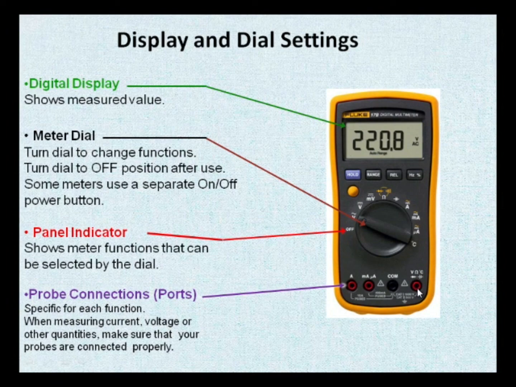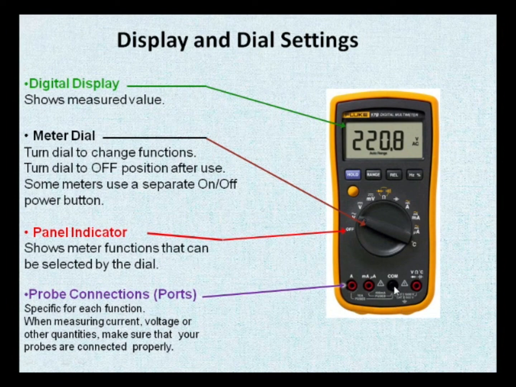But notice, if you want to measure current up to whatever milliamps, this meter doesn't specify it, and it's usually milliamps, you would use that. Actually, maybe it does specify, but I can't read it. You just have to know, usually 100 milliamps or 20 milliamps. And if you want to measure a bigger current, your red lead is going to go here, and your black lead also goes to the black port.